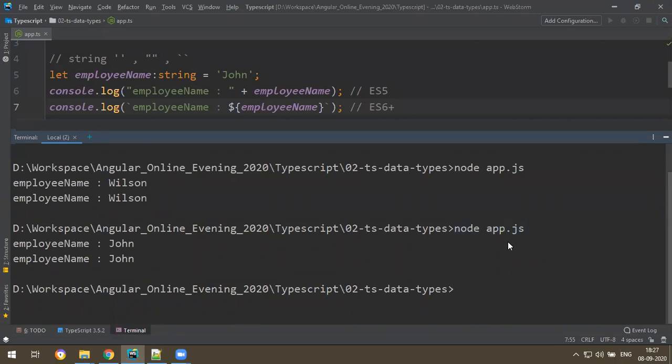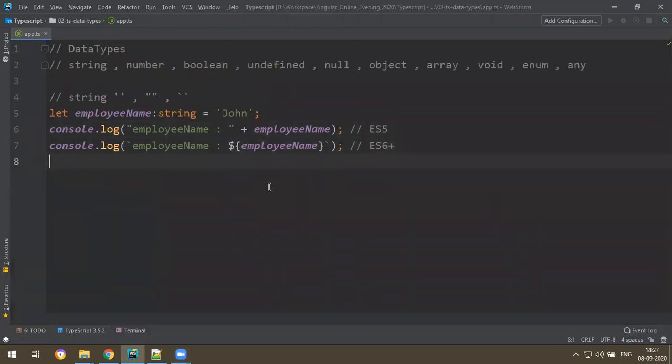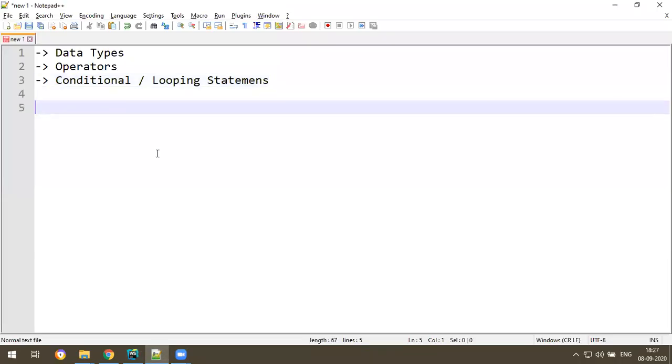Okay, fine. That's one thing, and in VS Code there is actually a command too. You can also write a command to compile it. It's like this: tsc